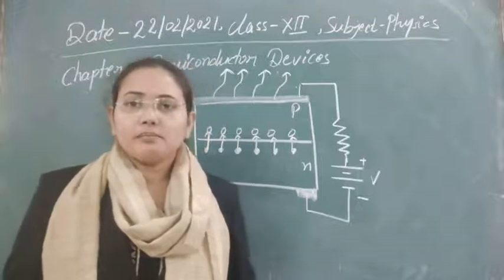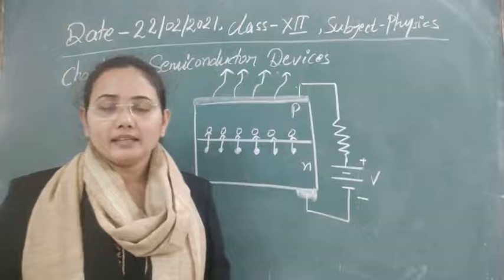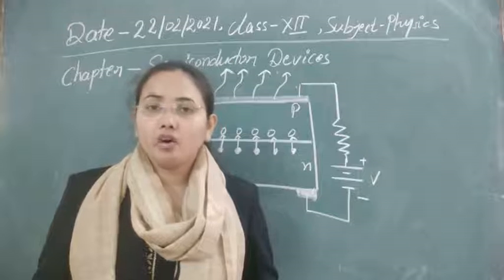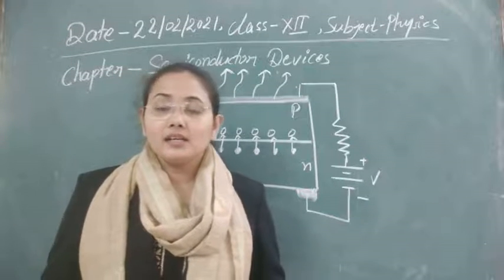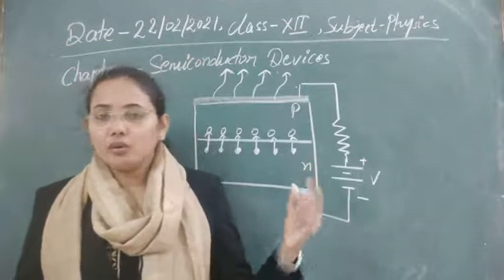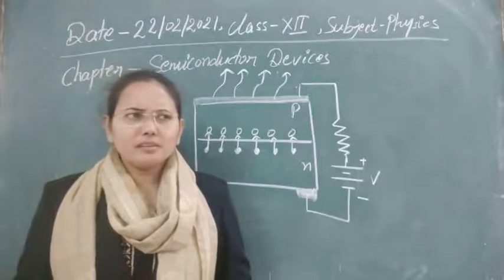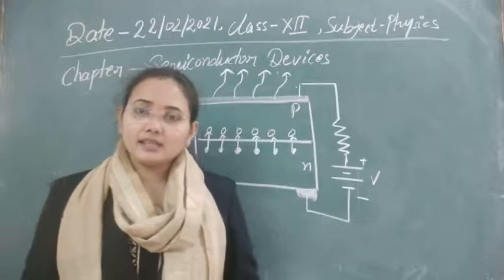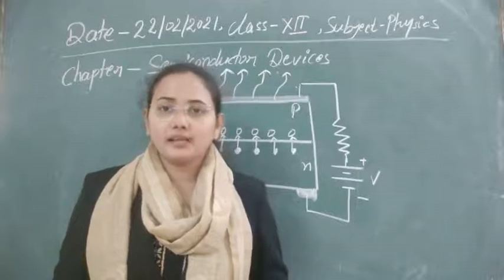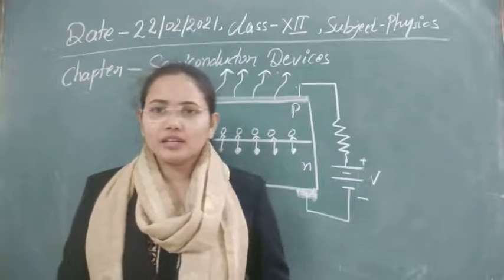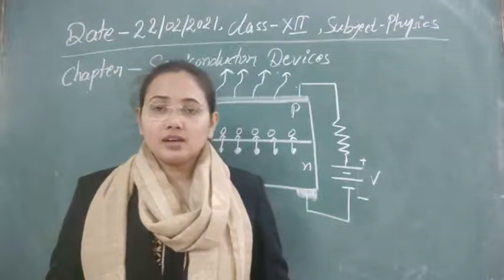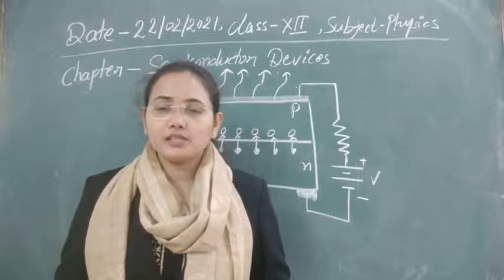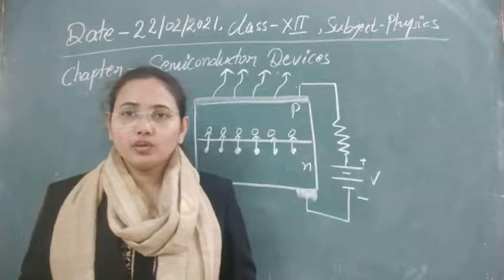Now which types of material can you use to make LEDs? Not every material will provide you electromagnetic radiation. Sometimes, whenever an electron is making transition from higher to lower, that time energy is liberated in the form of heat energy or thermal energy. So obviously here we have to convert an electrical signal into light energy. Then if we are getting heat energy, that is not suitable for our purpose. So that kind of material we don't use to make LEDs.